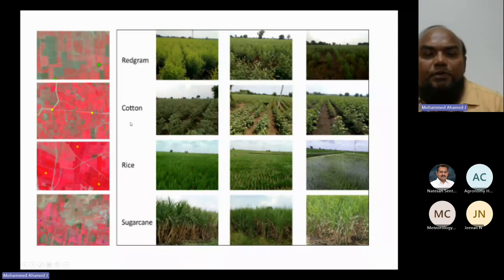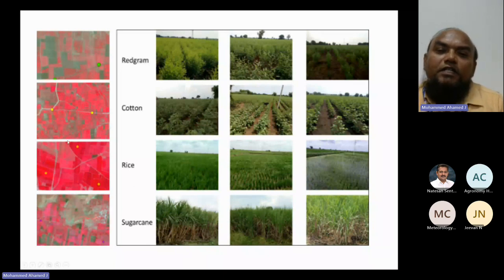Once this initial pre-processing happens and we finish the ground truth information, we bring this and overlay it onto the satellite data products, and we study the signature of these different crops, what their reflectance is, and how they vary temporally, and the time period during which we can separate these signatures in a much better way. So the signature separability between the crops is studied, and once that is done, that particular time window is chosen. If we have limited data with us, or if we have more data sets with us, we can go in for